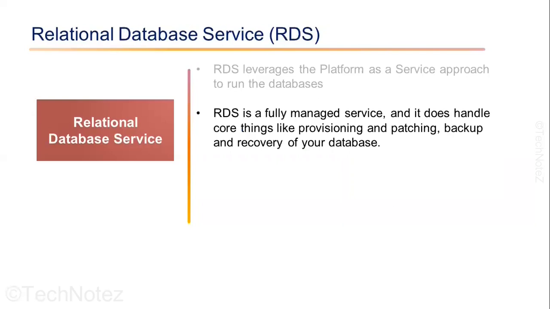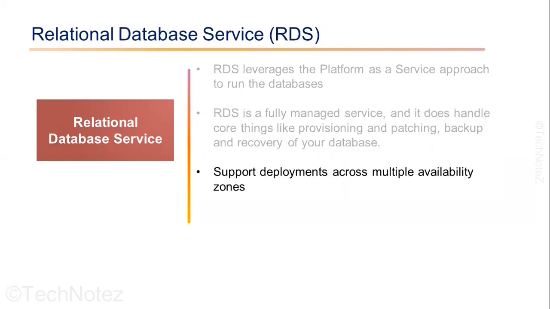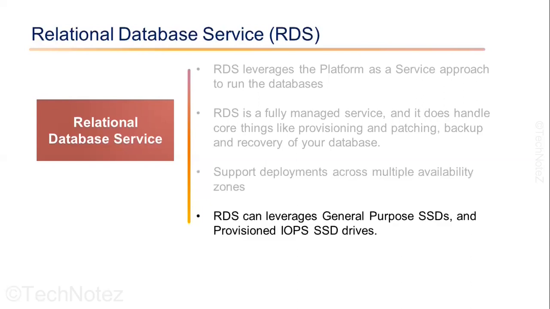Now, one of the great things about RDS is that it supports deployments across multiple availability zones and it also supports read replicas for some of the platforms. That means you can actually scale out your database. This can help you scale more efficiently within the applications that are leveraging this database. It is important to note that when you launch an RDS instance, it launches into a VPC, or virtual private cloud. We talked previously about EBS and different volume types. Here within RDS, we have two different volume types available to us: general purpose SSD and provisioned IOPS SSD.